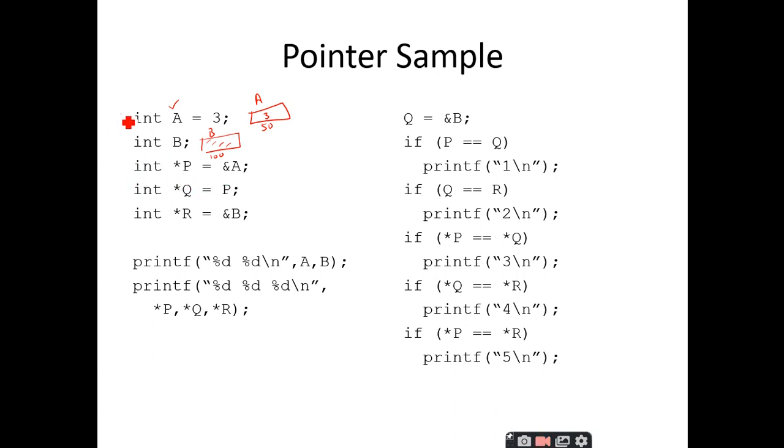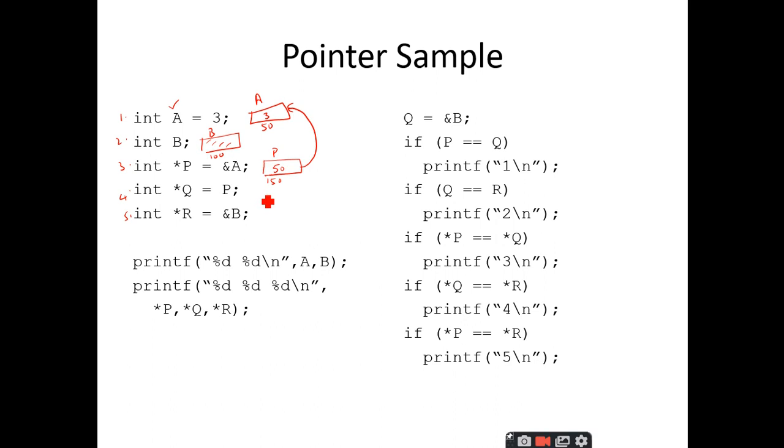Now let us go with the third statement. This is the first one, second one, third one. Just to understand the concept of pointers, I am explaining these things. int *p = &a. So assume that at location 150 the memory is allocated for the pointer variable p, and the address of a is stored. What is the address of a? 50. Therefore we make a pointer to point to this a.